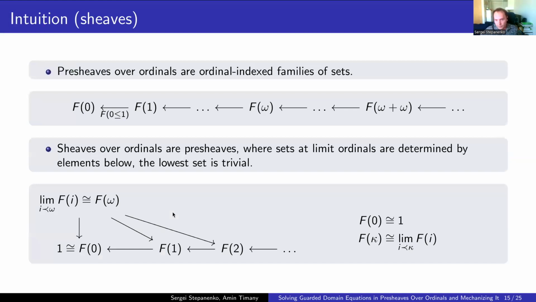In the context of this work, I'm going to talk only about presheaves and sheaves over ordinals. So the sheaf condition is going to be simplified. As a quick reminder, presheaves in this case can be considered to be just a step-indexed family of sets with certain restriction functions, and the only difference with sheaves, when we consider them over ordinals, is that for limit ordinals we have an additional condition that a sheaf at a limit ordinal is supposed to be isomorphic to a limit of sets